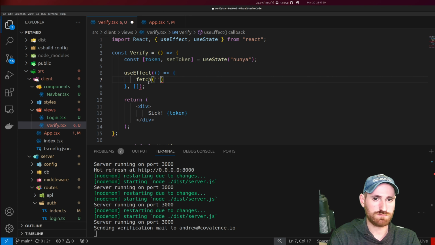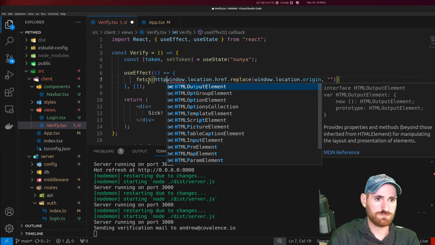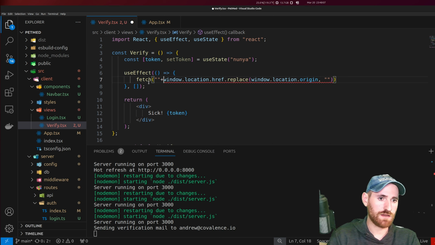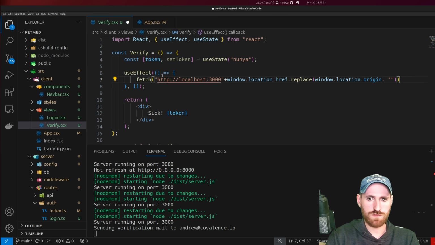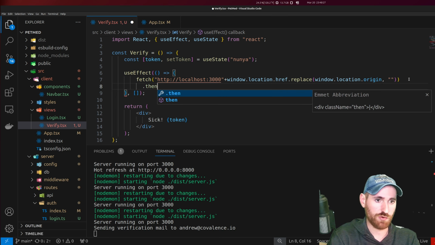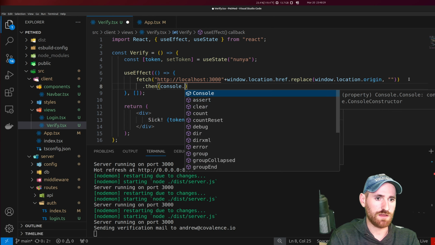So, and yet again, it's not dynamic right now because we got a lot more client-side code to write. But for now, we are just directly adding the origin in. So this is going to hit up localhost 3000/verify, daisy chaining all the params down, and then